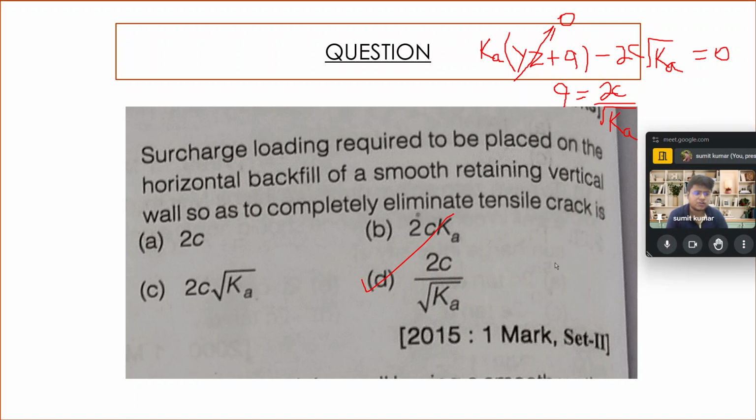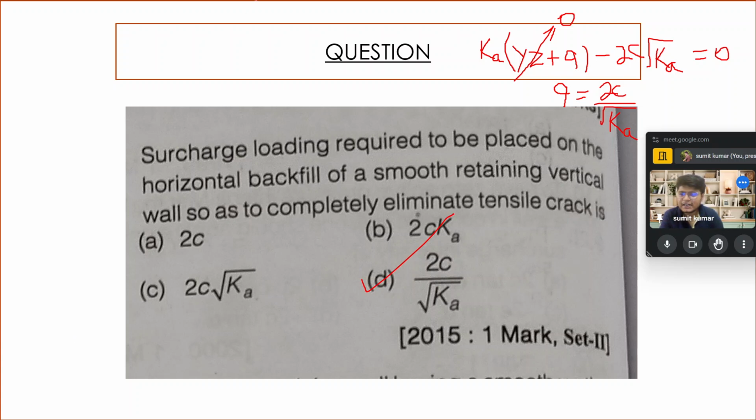Okay. Hello. So the question is asking how much surcharge loading is required to be placed on the horizontal backfill of the smooth retaining wall to completely eliminate the tension crack. Okay, so you know that when we are discussing the tension crack,